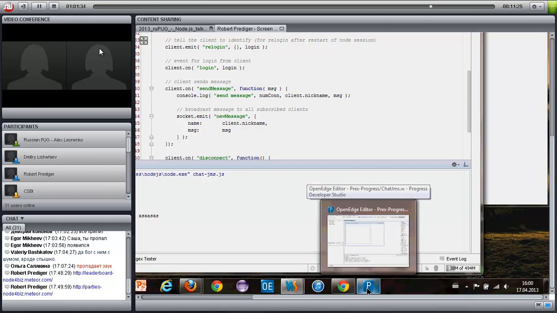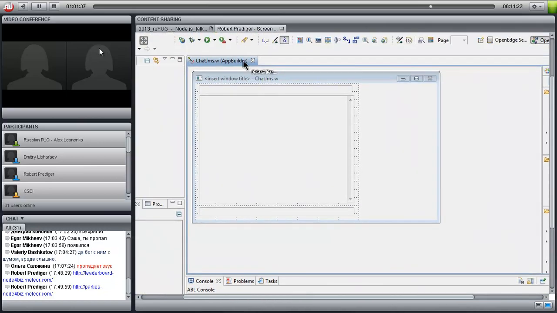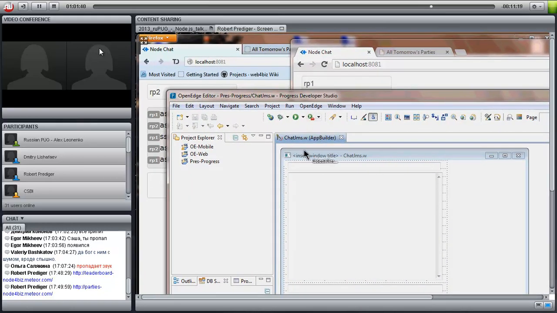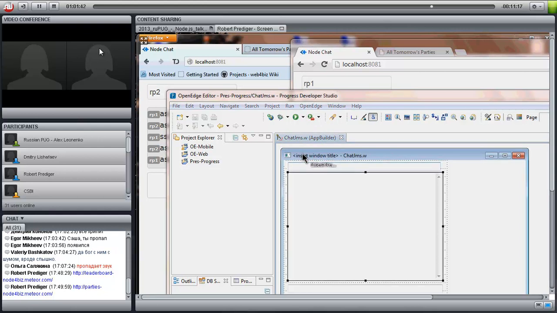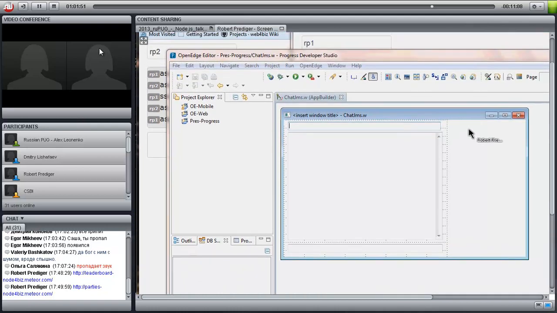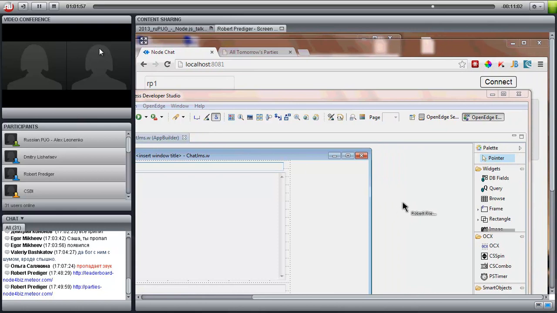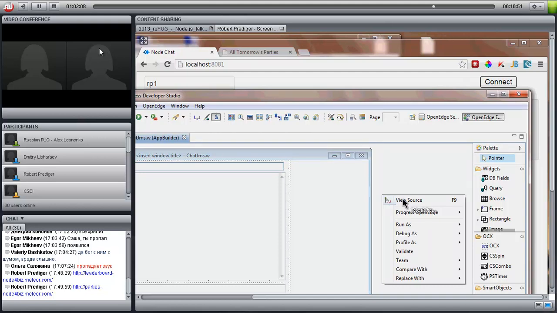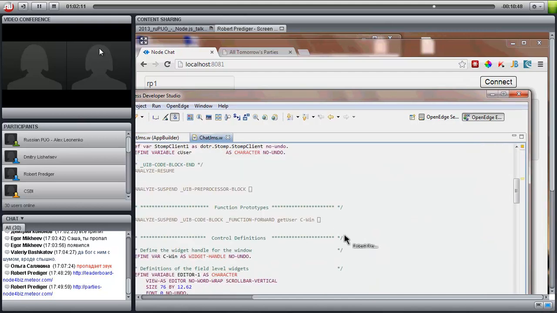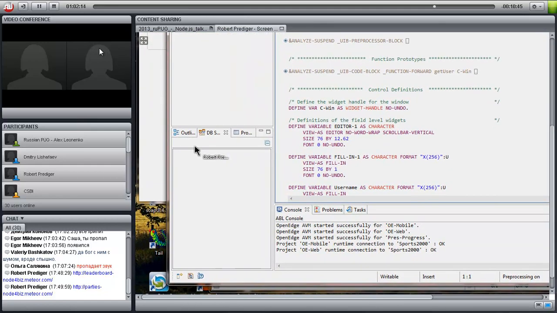What we do now is this is just a Progress OpenEdge Architect, a Progress window. In this case, I go inside and use the .r messaging system, the Stomp client, this open source client from Julian. And only in a few lines.